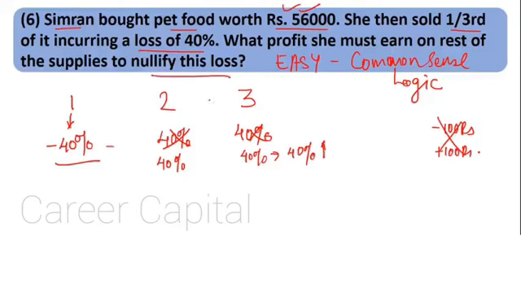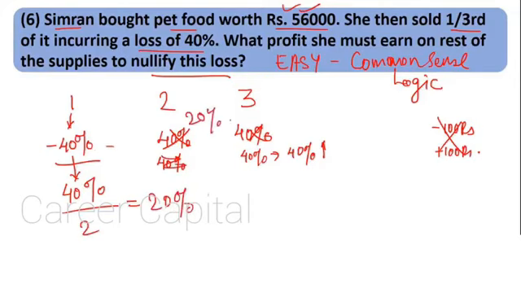So what to do in such cases? Very easy. How much of the percentage do we want to nullify? There is a 40% loss, so we have to nullify 40%. How many parts are remaining? 2 parts are remaining. Simply divide by 2, 20%. So in every part we need a 20% profit, so that we will simply have 20 plus 20, 40% profit. This is a 40% loss and everything gets cancelled out.